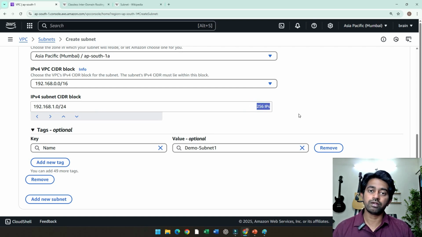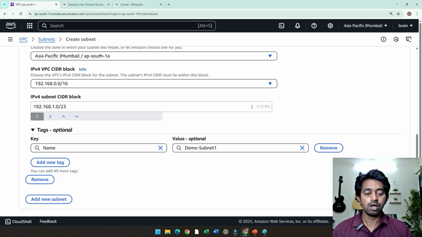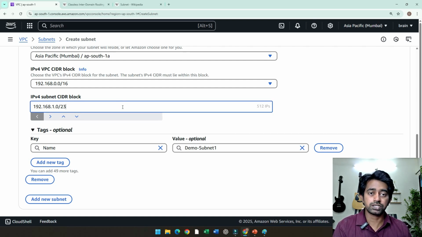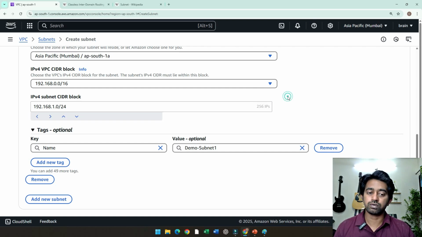Here I get 256 IPs within that subnetwork, so that I can have around 251 devices, either servers or databases, because 4 or 5 different IPs are reserved for certain different tasks by AWS. If I say 23 here, you see the number of IPs immediately doubles. But in case you don't want to manage that many devices within a network and you don't want to waste many IPs, you can just keep it as 24, which gives you a fairly decent